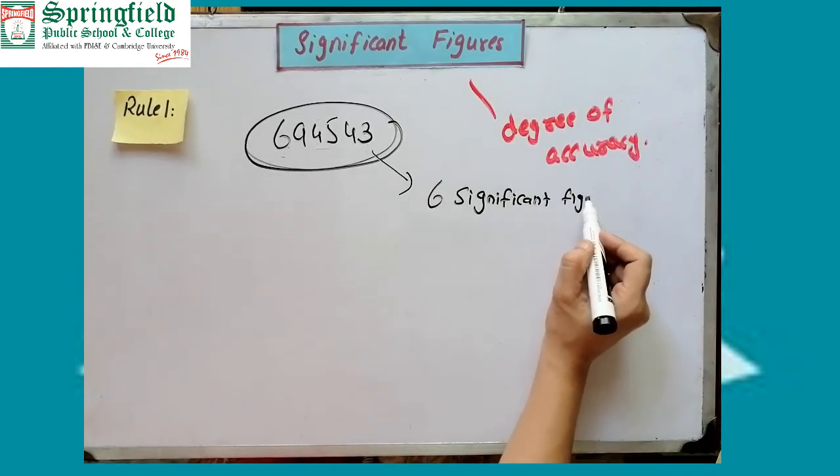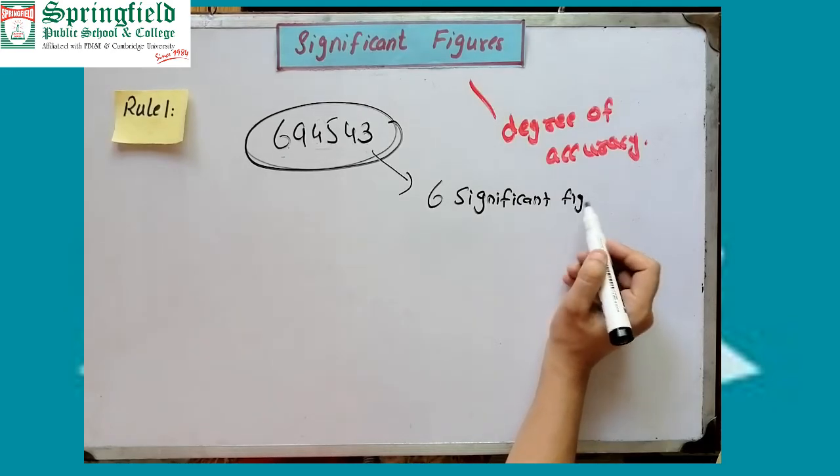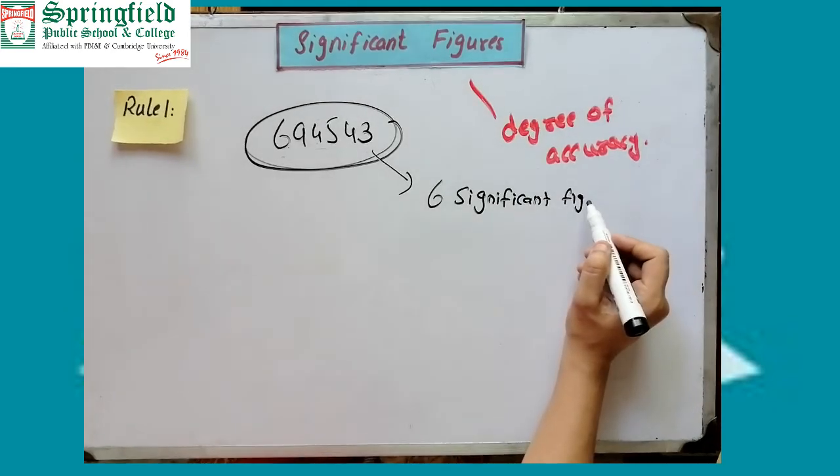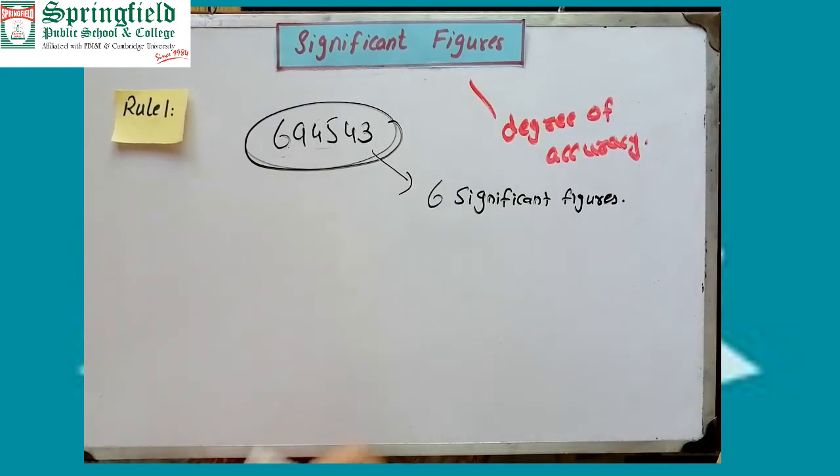This number has how many significant figures? 6 significant figures. Understood, beta? And in rule 2